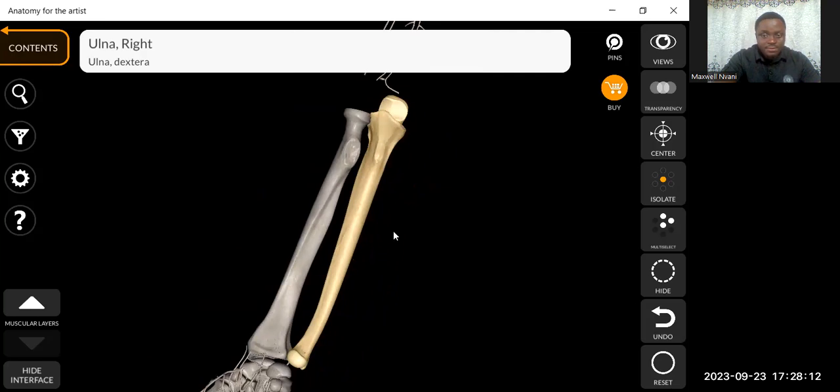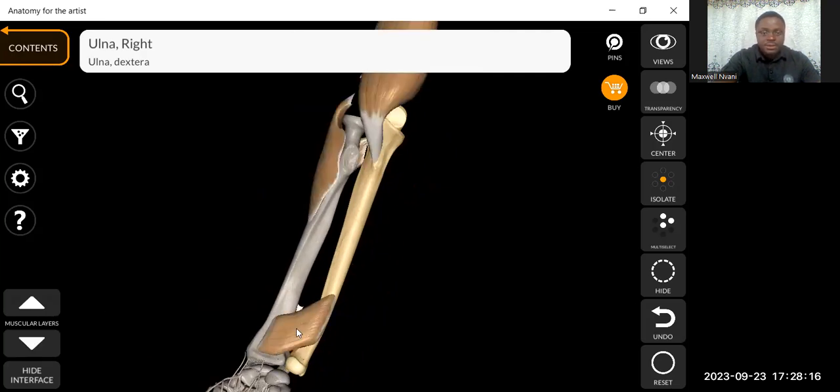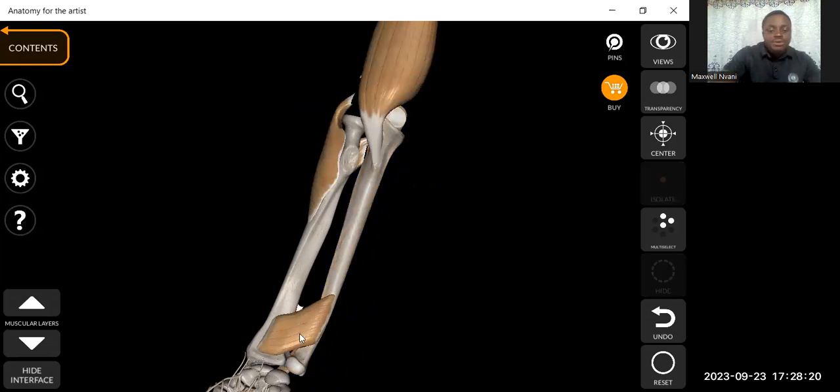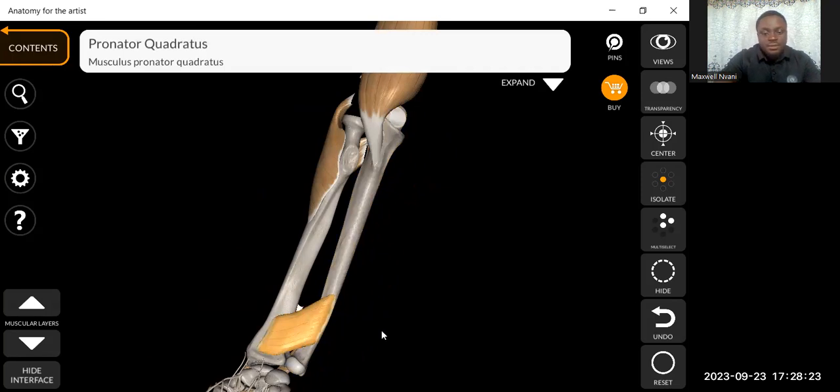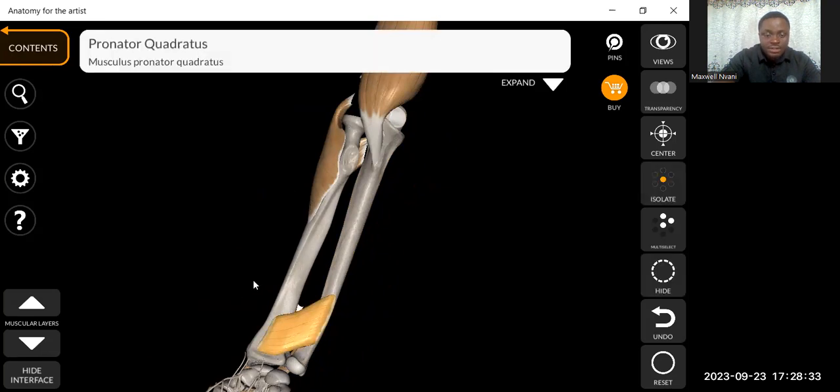So let's start with what we have here. Okay, so we have the pronator quadratus, arising from the ulna to the radius. Okay, so this is your pronator quadratus. All right, up here